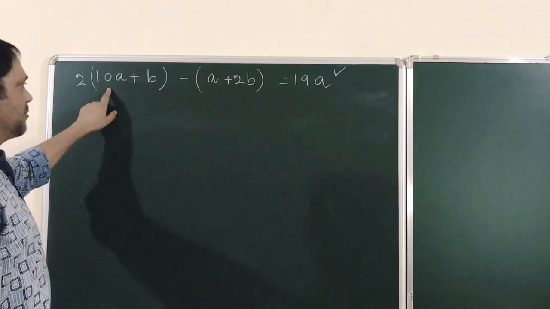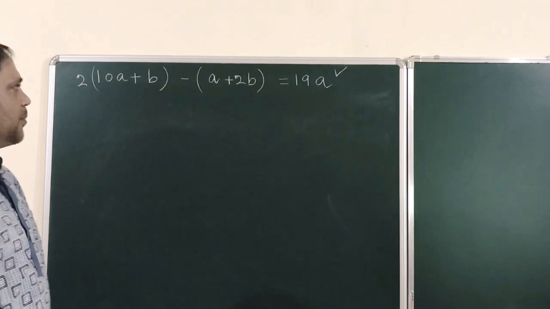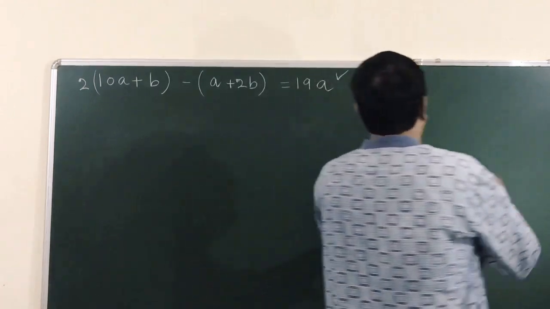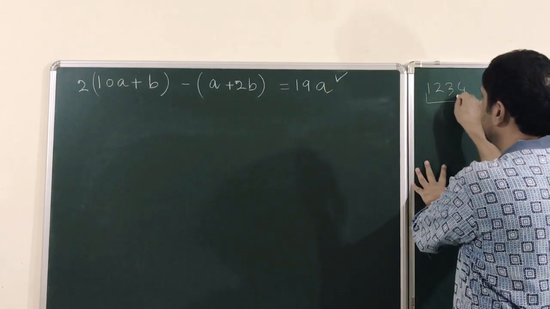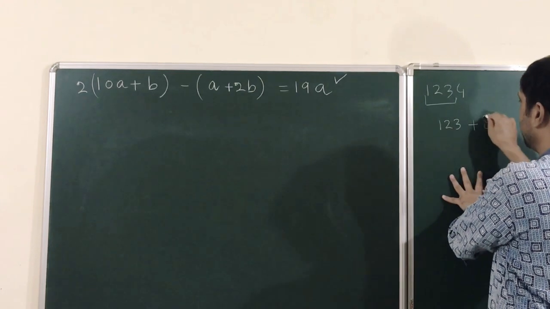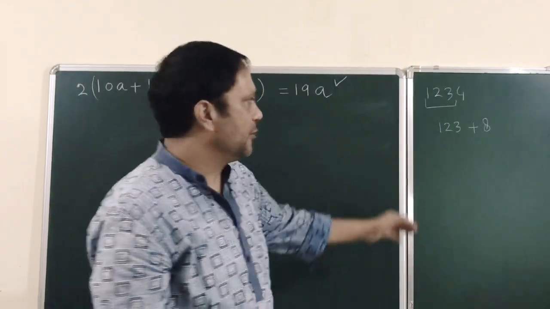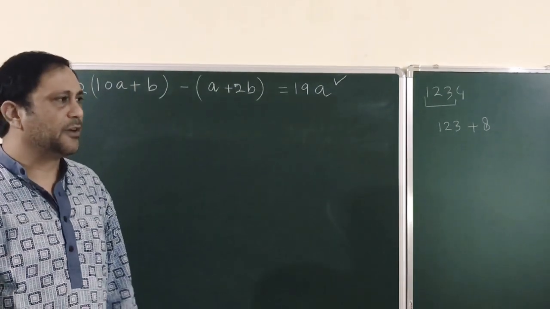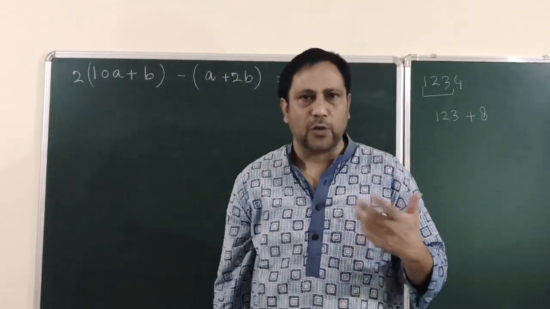In order to make this number divisible by 19, if I can confirm the divisibility of a plus 2b, we can confirm the divisibility of 10a plus b. How will we do it? Let's say I take a number, 1, 2, 3, 4. So this is the array, which is 1, 2, 3. In that we'll add 2b. 2b is 8. So I'll get a number, and again I do the same exercise. So you just keep on reducing. When you come closer to a two-digit number or single digit number, from there you can confirm the divisibility by 19. Same way we can develop the divisibility by 23, 29.